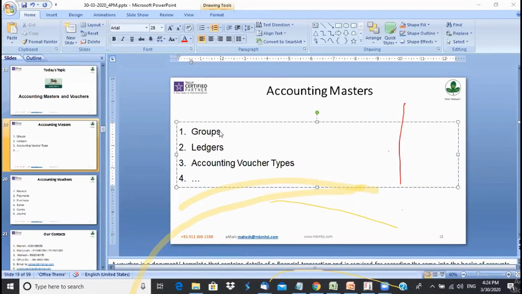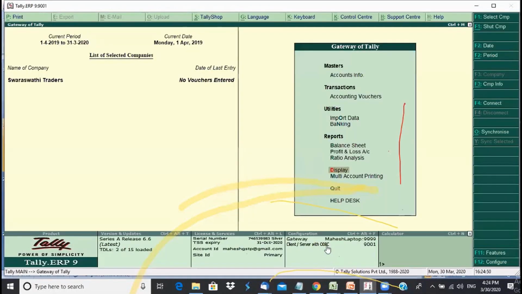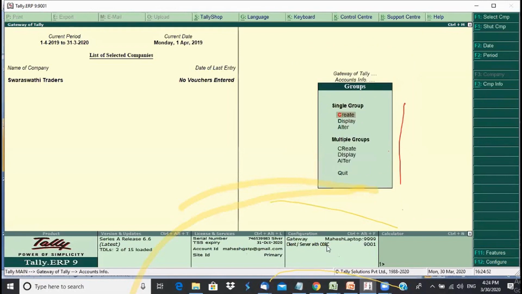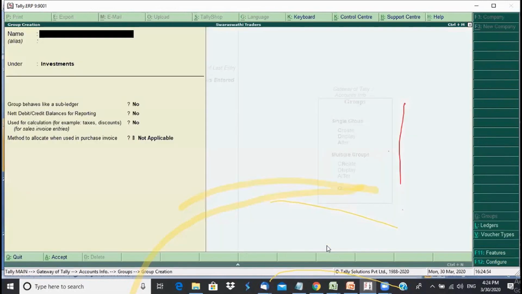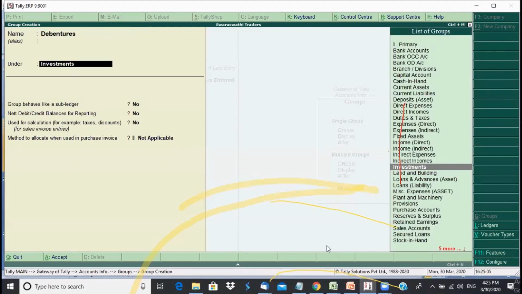Okay, so could we move to the next topic, ledgers? Before moving to ledgers, there are a few more things on the group. Say, once you want to create a new group, for example, I'll just say debentures as a group, which comes under